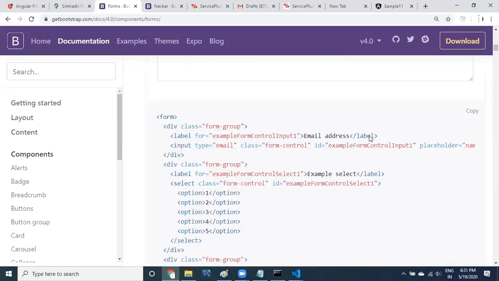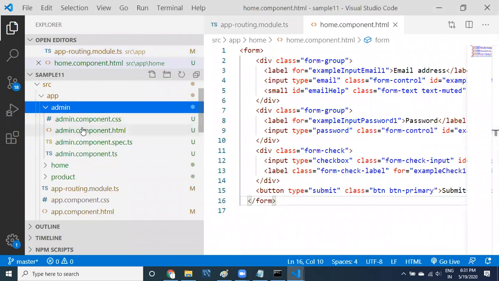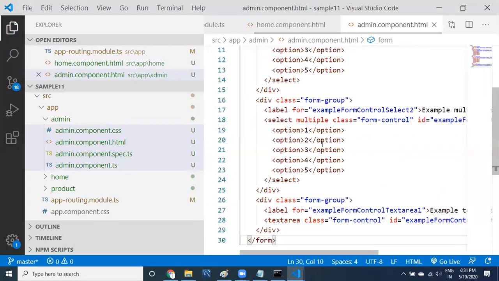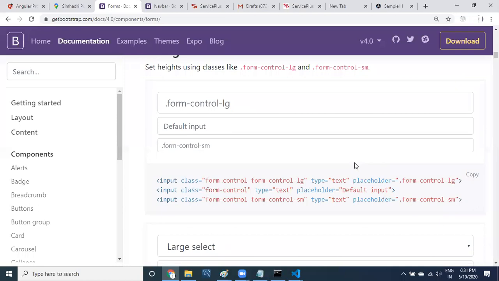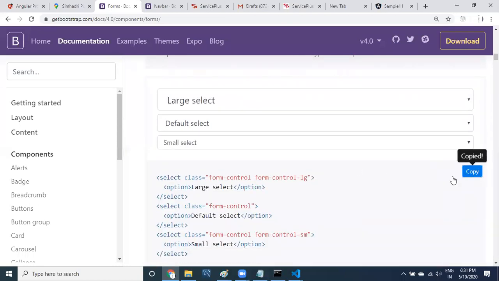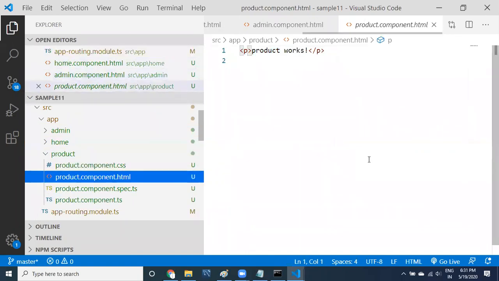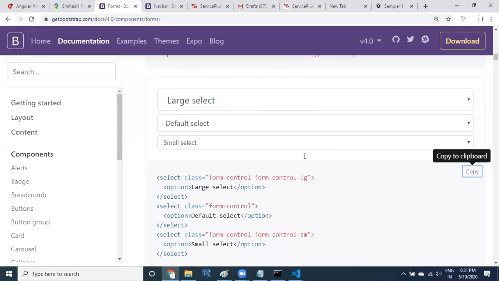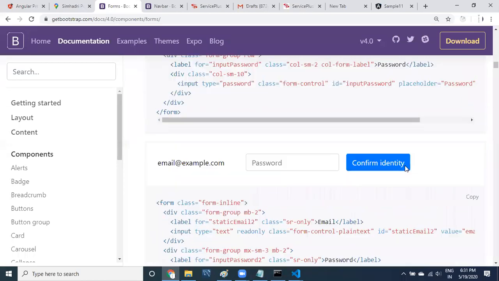See here, there is another form. Copy this, go to admin, and paste it. Then copy another one for product. Just dummy code, guys, I did not provide anything else.